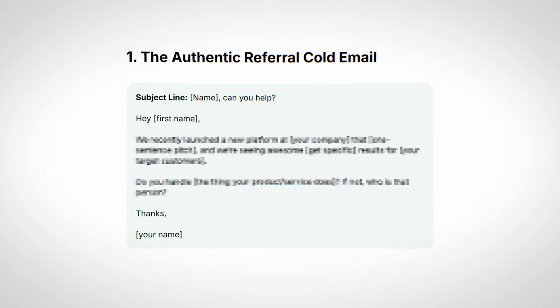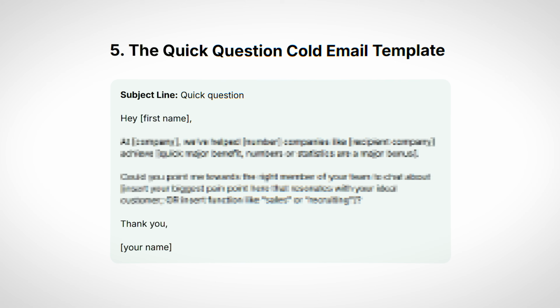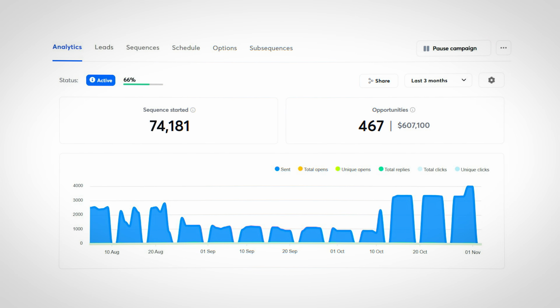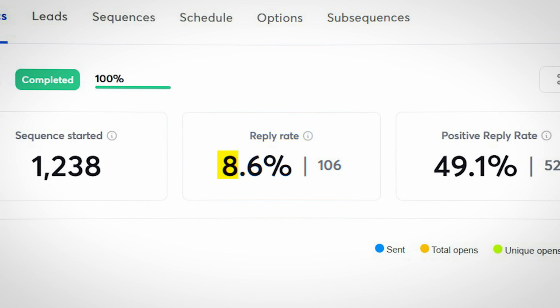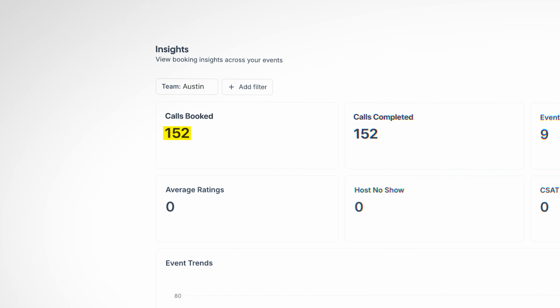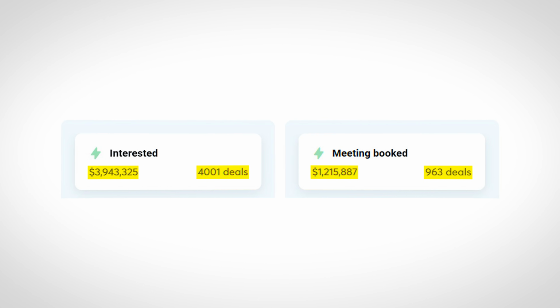Across all 12 years of doing client acquisition and sales, the cold email scripts have single-handedly been the most important part of the client acquisition process using cold email. And I can say that this has been the one thing that's been responsible for getting anywhere from 3 to 10% reply rates. It's allowed me to book 152 calls literally in 1 month and ultimately close 7 figures plus